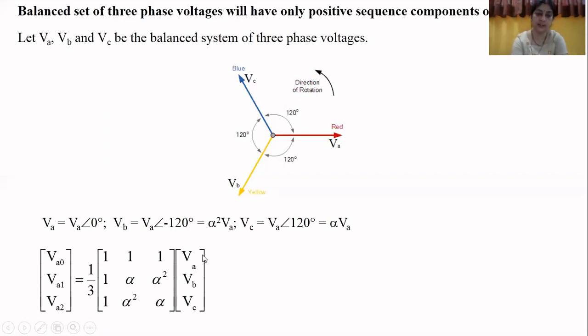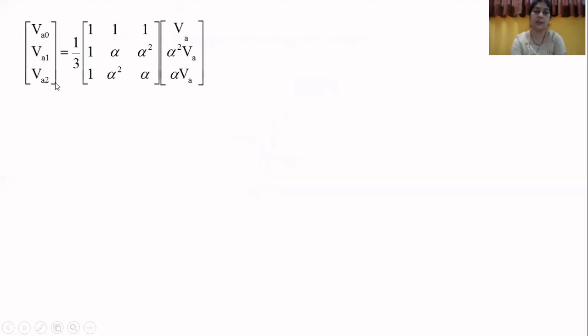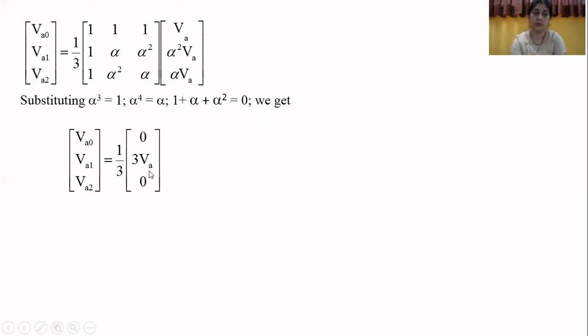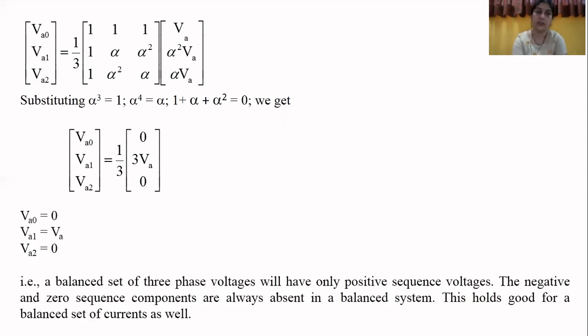So replacing them here, we get VA0, VA1, VA2 equal to 1 by 3 times of the matrix 1, 1, 1; 1, alpha, alpha square; 1, alpha square, alpha, times VA, alpha square VA, alpha VA. Substituting alpha cube as 1 and 1 plus alpha plus alpha square equal to 0, we get VA0, VA1, VA2 equal to 1 by 3 times of 0, 3 VA, 0. Expanding, we get VA0 equal to 0, VA1 equal to VA, and VA2 equal to 0,